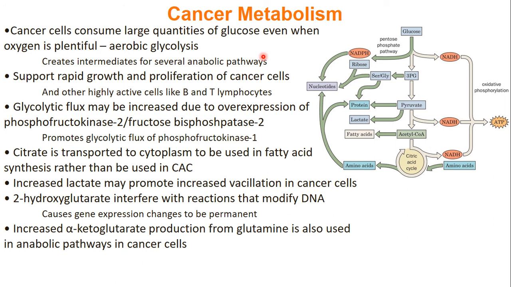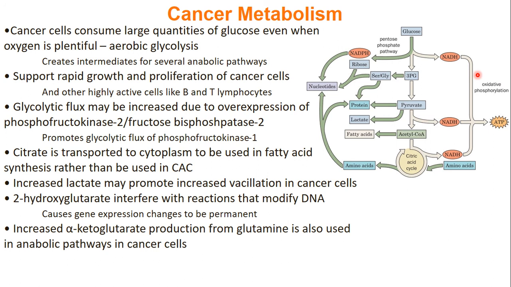energy that they need. Also, by just doing glycolysis, as we learned about, a lot of the intermediates of glycolysis can be used for other things, like the pentose phosphate pathway, make pyruvate to make proteins, acetyl-CoA can make fatty acids. So we are using our intermediates to build cell components instead of going to oxidative phosphorylation for energy. And this is because cancer cells are dividing. They need to make parts really fast. So they're getting energy from glycolysis, but also using those parts to make new cell components, which is allowing them